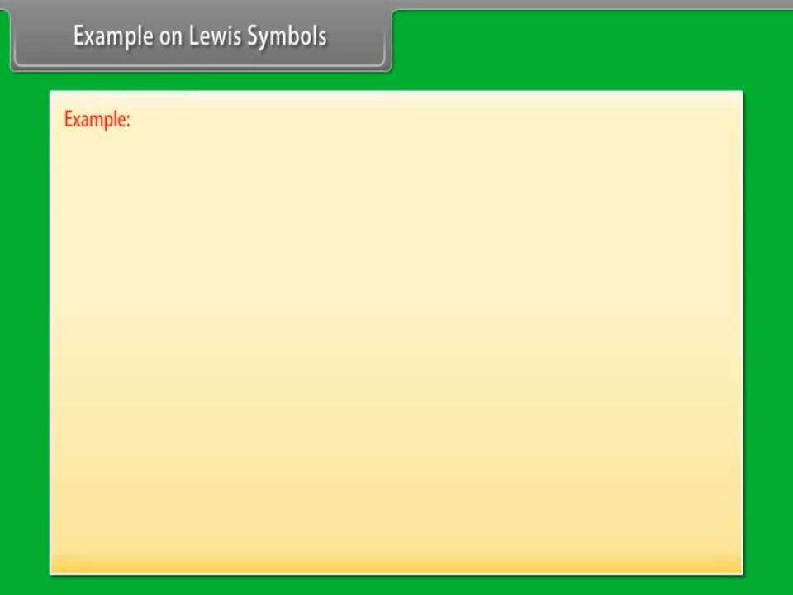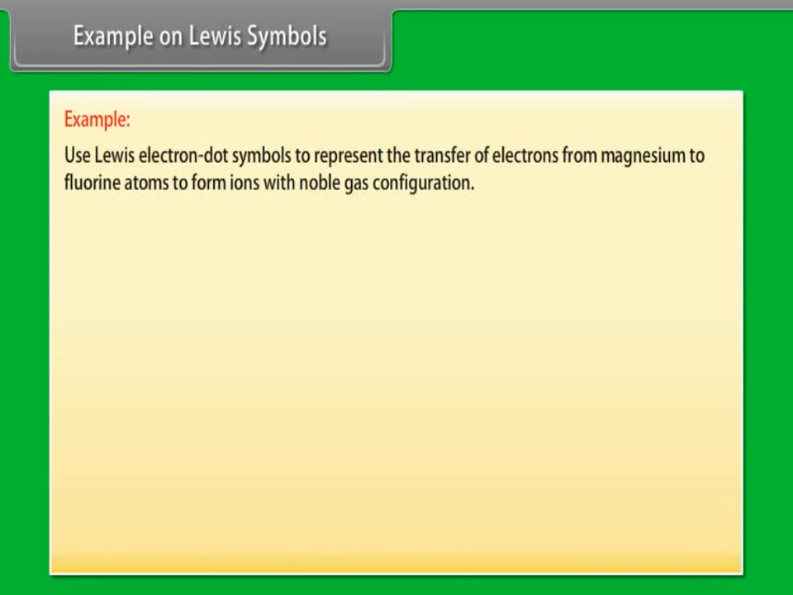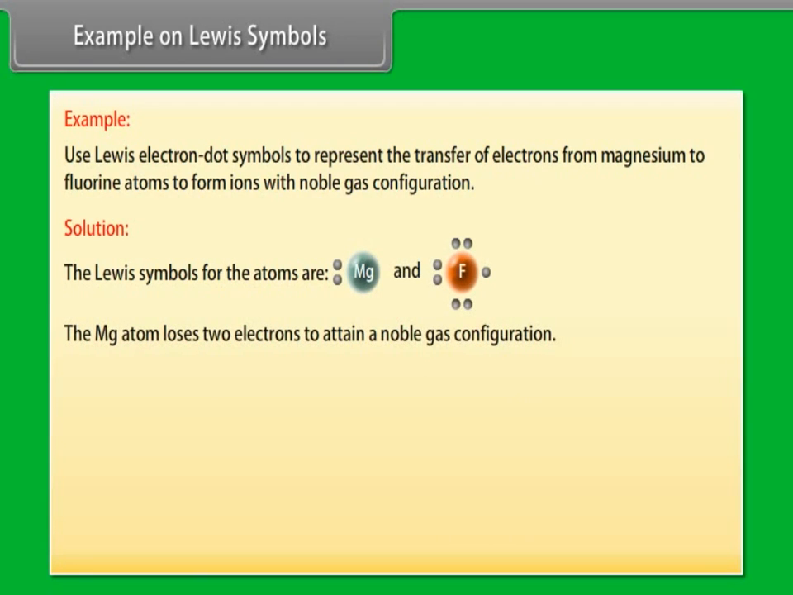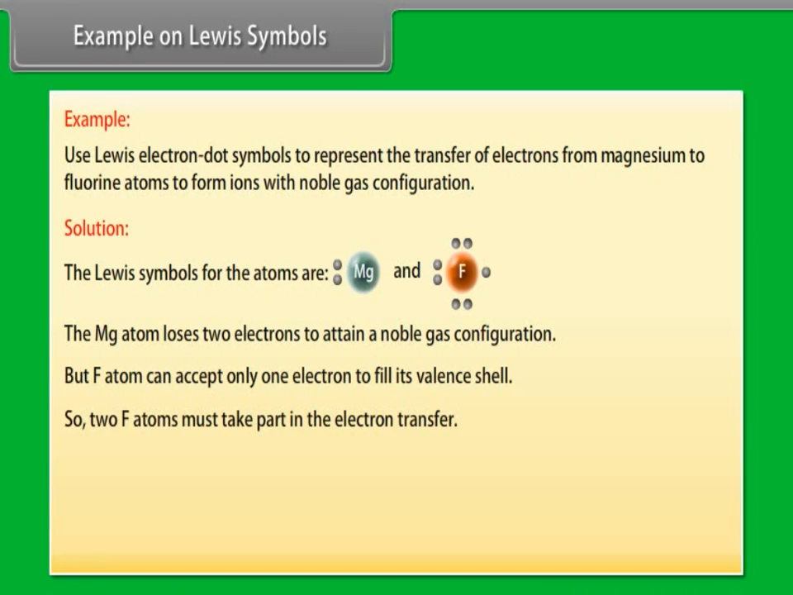Example on Lewis symbols. Let's take an example on Lewis symbols. Use Lewis electron dot symbols to represent the transfer of electrons from magnesium to fluorine atoms to form ions with noble gas configuration. Let's see the solution. The Lewis symbols for the atoms are: the Mg atom loses 2 electrons to attain a noble gas configuration, but the F atom can accept only 1 electron to fill its valence shell, so 2 F atoms must take part in electron transfer. We can represent this electron transfer as